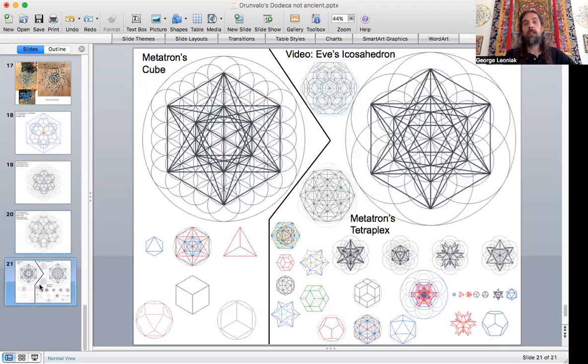Last image here, which I've also used quite a few times, but I'm just once again illustrating the Metatron's Cube and the difference. And I did call this Eve's icosahedron in some earlier videos, so check that out, because this is the simple line drawing. I think at the time they both had 39. This 39 line version. These same amount of lines in both images. This one's done over the golden circles. This one's done either in the fruit of life pattern or within the whole circle template.